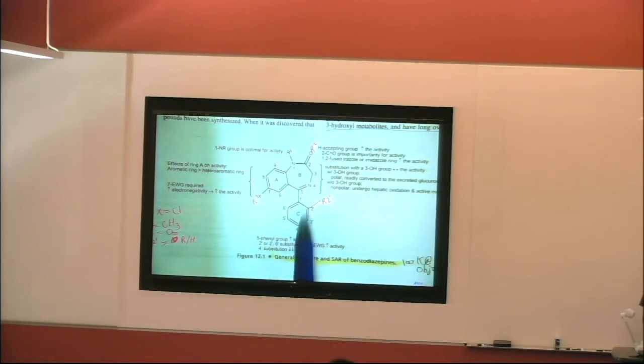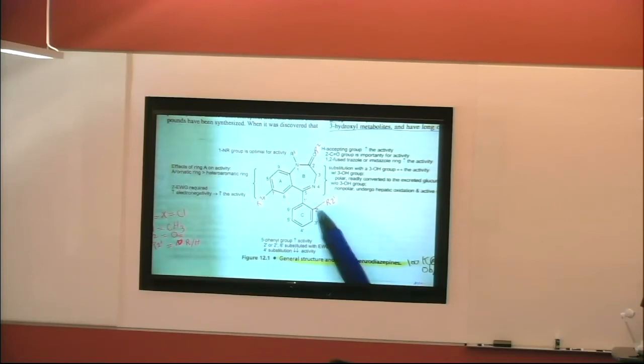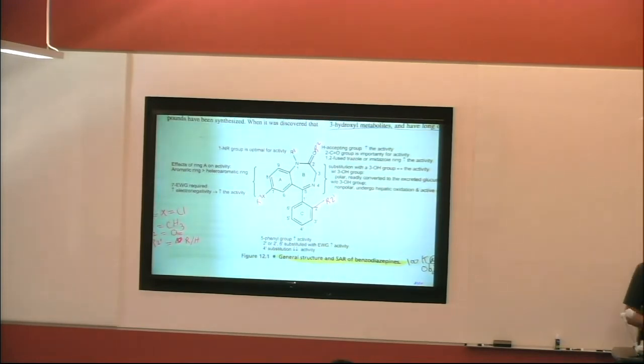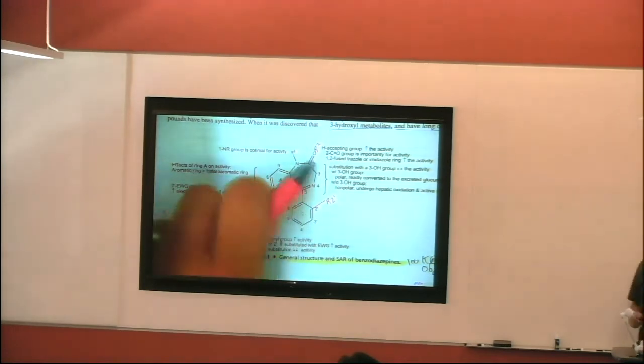So at the phenyl group, anything at position 2 or 6, which is here, ortho, would increase the activity, okay? Anything at position 4 would decrease the activity a lot, so 2 arrows, okay? Okay, this part here, at position 3,